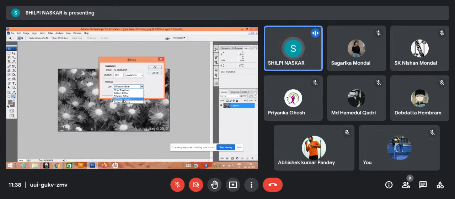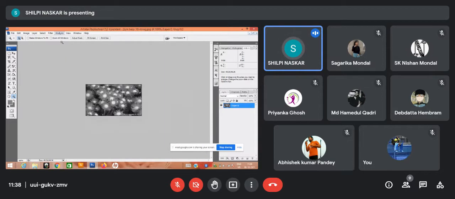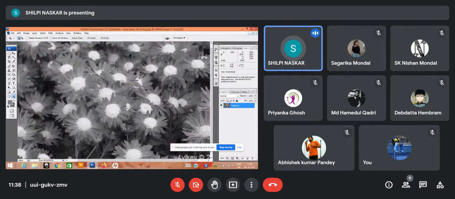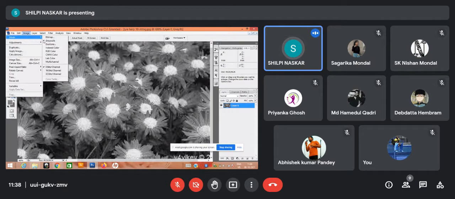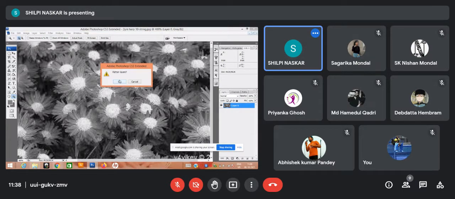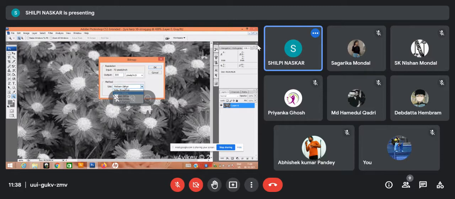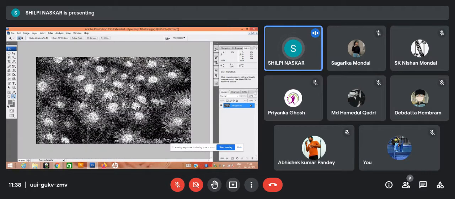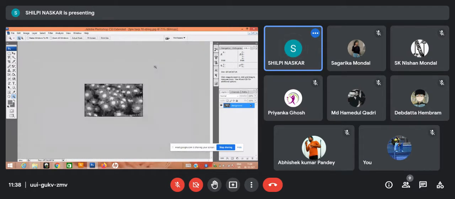All the theory behind that. Say pattern dither. I'm doing a pattern dither. No, pattern dither is not working. So just make it bitmap, flatten the layer, diffusion dither, 300 input, output. Okay, so Control minus. See, even after doing the bitmap, you can see bitmap is shown at the top. You can check.